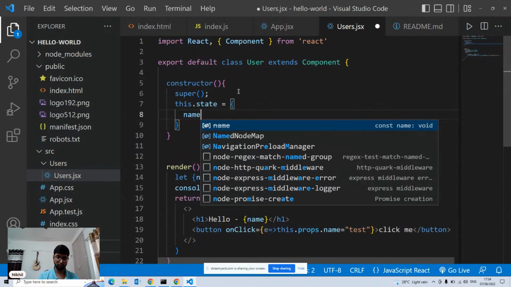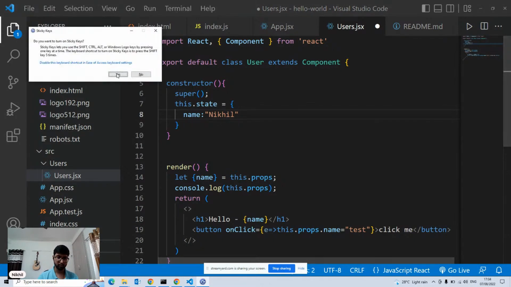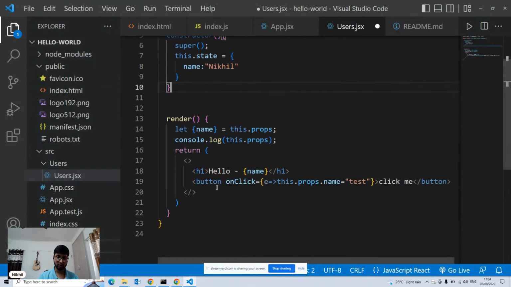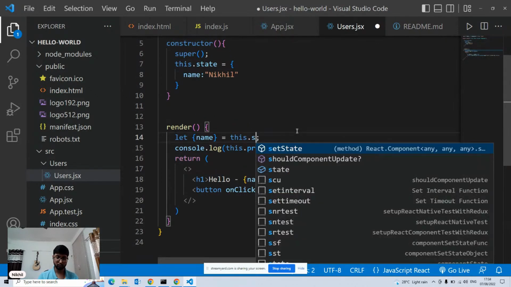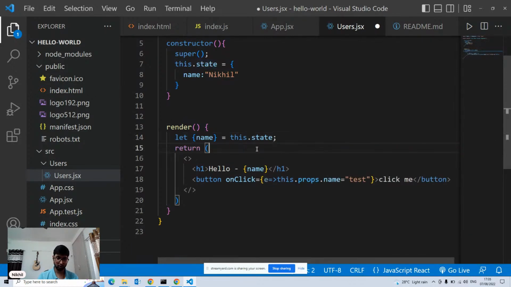Over here, we can have the name property. So this is my default state, wherein I'm setting my name to be Nikhil. Okay, now that we have done it, this time we can modify the name. So now instead of reading the name from props, let's get it from the state itself. So now we are getting this name property from the state itself. Let's remove this from here. And what we're going to do,